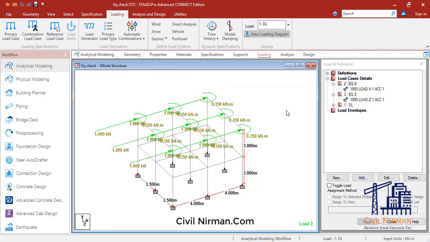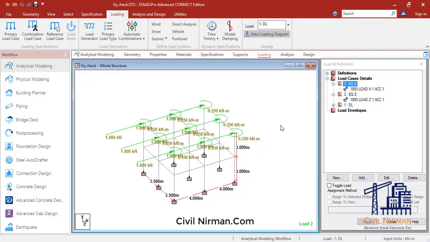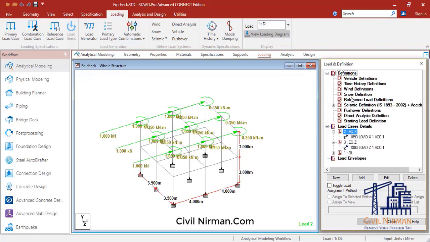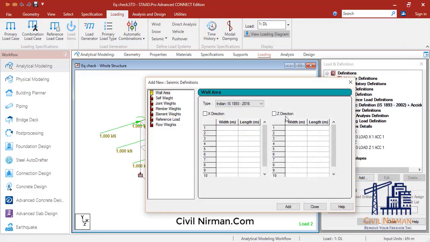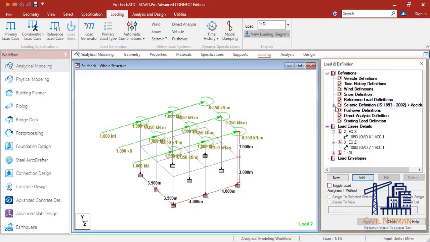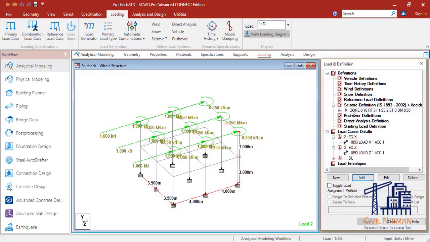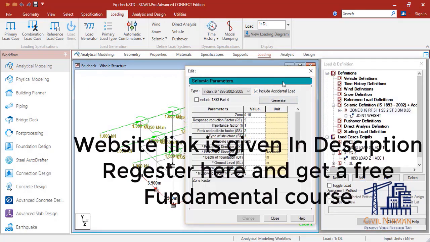So that's how you can verify your seismic coefficient method manually, static load application in StatPro. I hope this is helpful. That's how you can cross verify your result as well for a particular building. So that's how you can manually verify your seismic coefficient method. Also, we have understood the importance of the accidental load, right? Why we are including the accidental load over here.